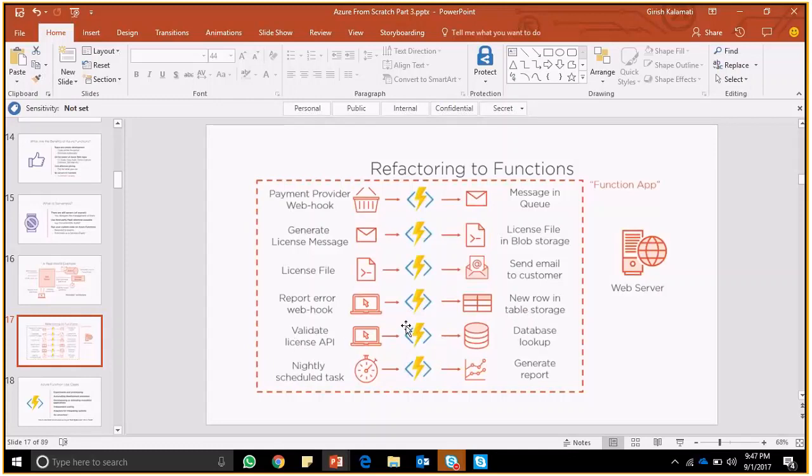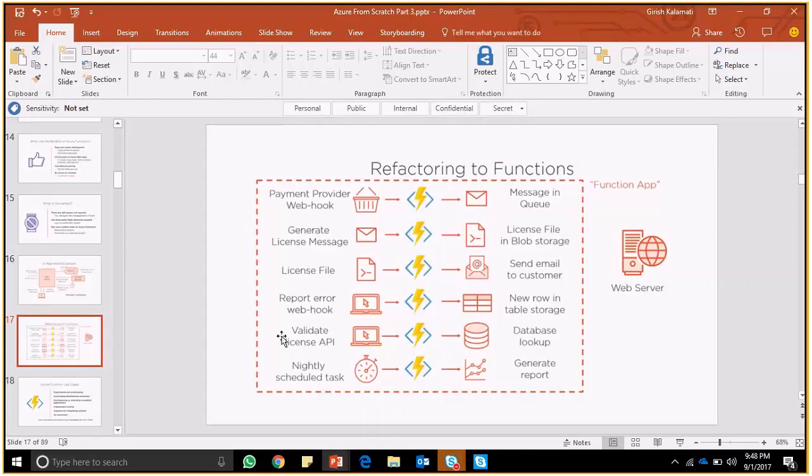and that can be implemented like this: if a customer comes again, once he gets the license, he will get a provision, login credentials, everything. He logs in, and if you want to validate his license, whether what particular time it is or what is the time to renew it, you can validate his license API from your database lookup. And this database lookup or SQL statements, everything you can put under Azure functions. You don't need to write 120 or 200 lines of code for that in your Visual Studio, or create a C# file or project for that. Just create an Azure function, and it would take care of validating your license and